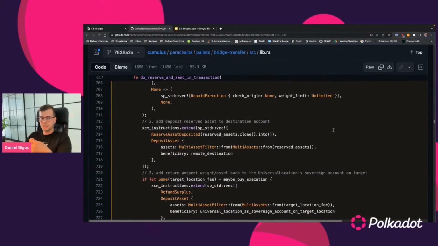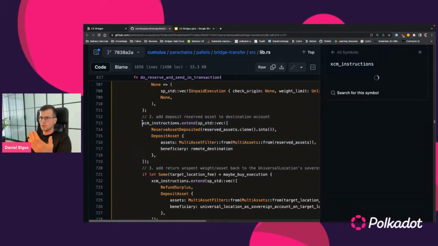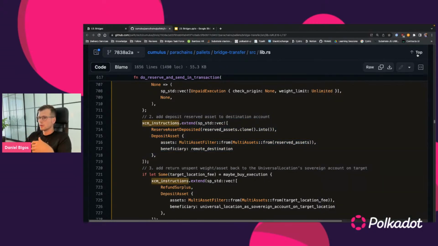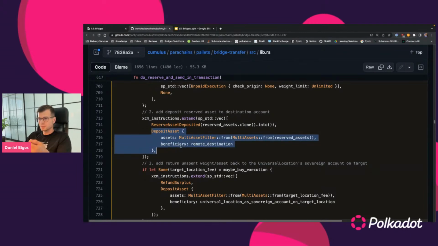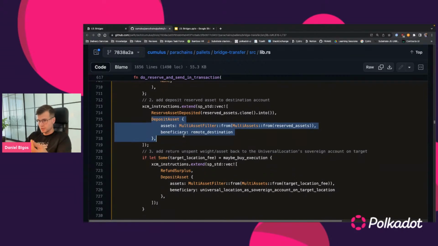After specifying the instruction set for paying for the execution, we need to specify the main instructions to be executed on the destination chain for that asset transfer. And those instructions are reserve asset deposited and deposit assets. And after preparing those instructions,